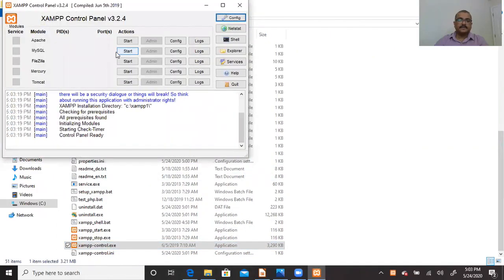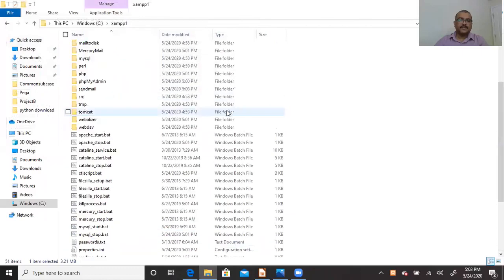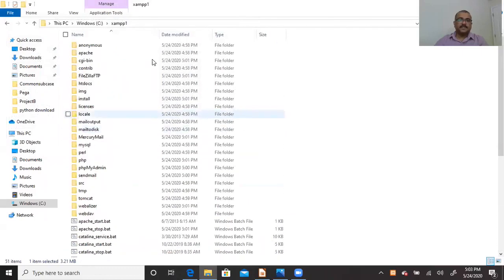From here you can start the Apache server. Before starting your PHP, there are a few configurations you need to do. I will show you those configurations. Once you go to this xampp folder,